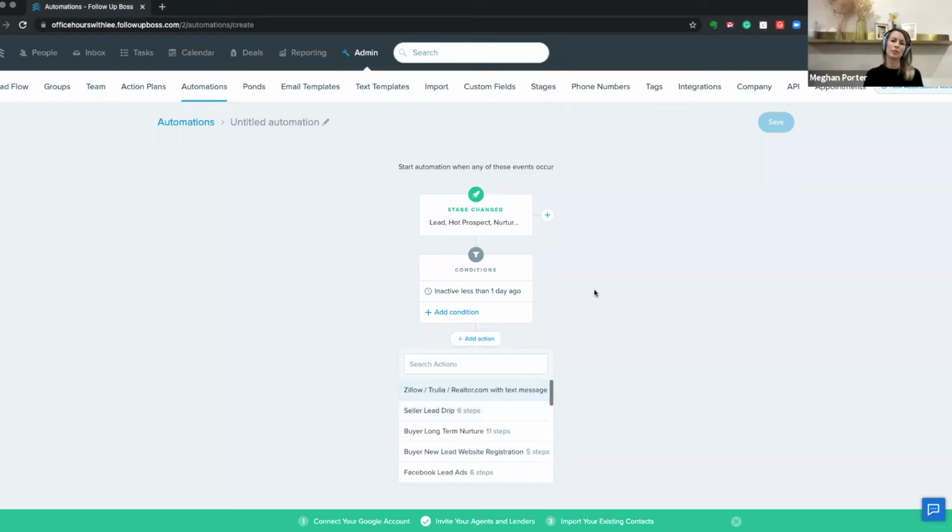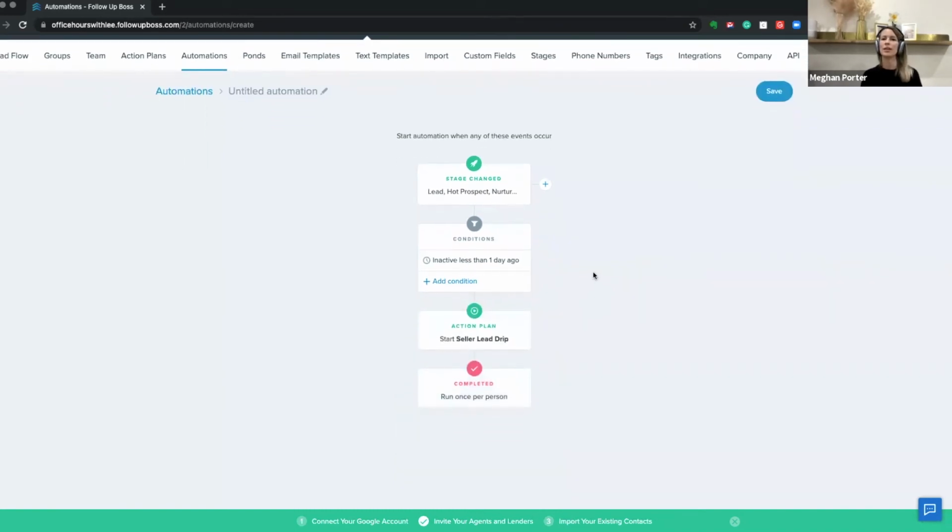A lot of times people ask us, like, I want to set this up so it just works for me. And we can do that to a point, right? But at a certain point, you also just need to pick up the phone. And so we're trying to help with that. As an example, you could build an automation that says somebody just favorited a property, but there's been no communication in X amount of days. Maybe they're favoriting a lot of properties and you don't want to keep getting notified to call over and over again, then that would be the condition you'd set. But then you could have it notify you, because maybe you're finding that you're not always getting to that smart list. So there's a lot of things you can do.